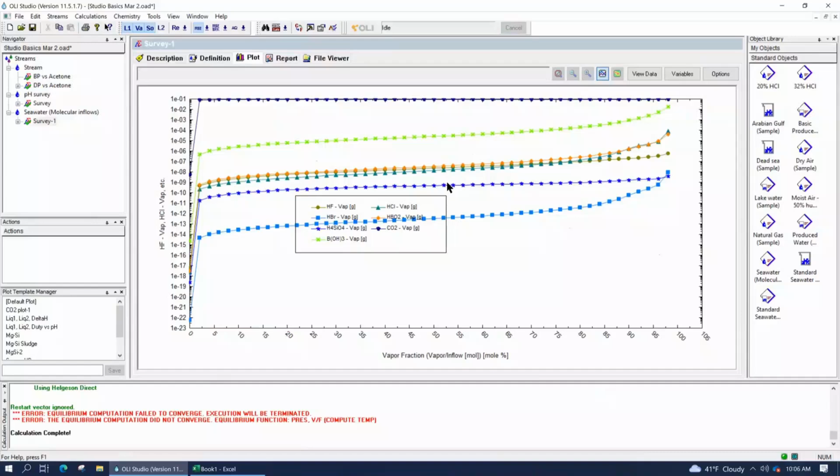Anyway, let me stop there. Let's go ahead and take a break. Let's come back at about 13 minutes past the hour, and we're going to continue on. We'll probably do one more titration or one more survey, and then we're going to get to the water analysis. Okay, see you in about 7 or 8 minutes.